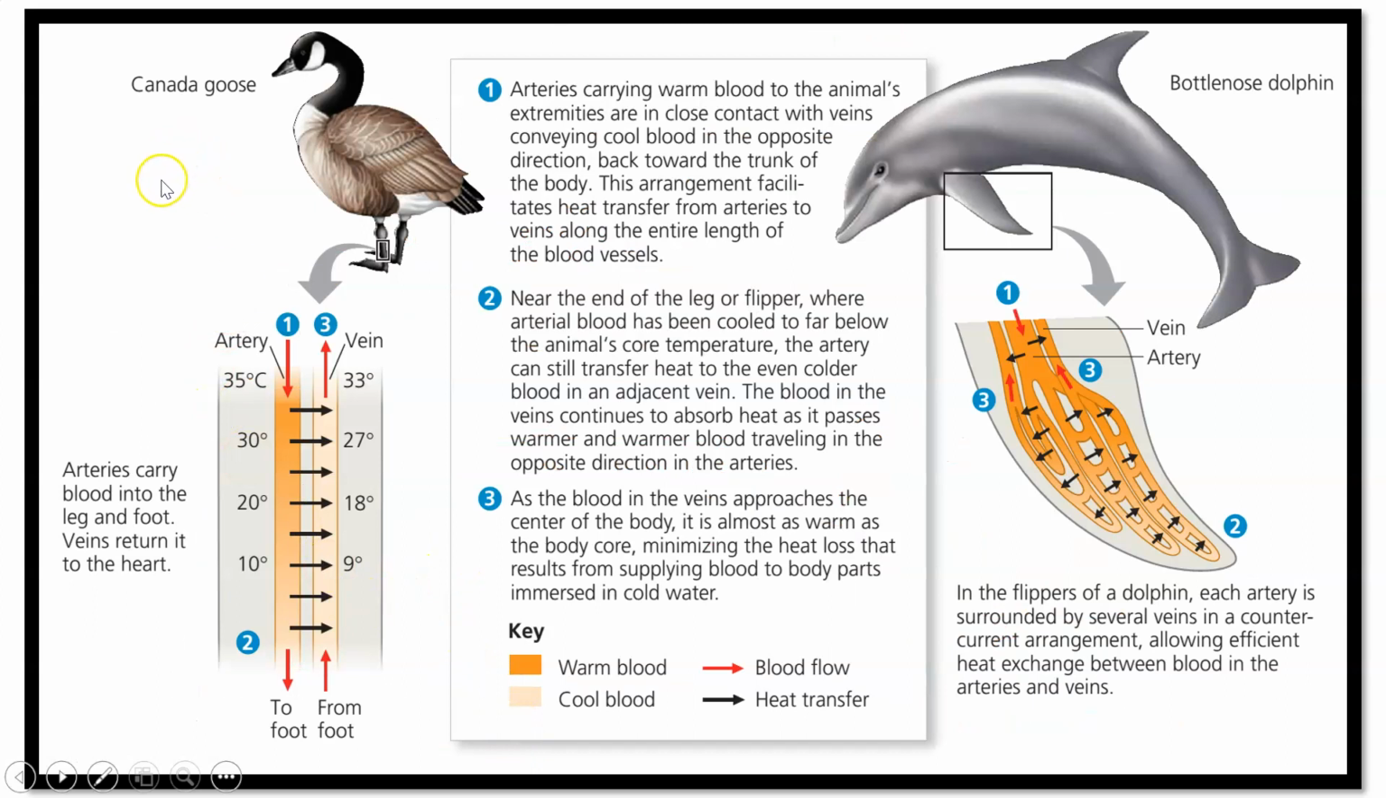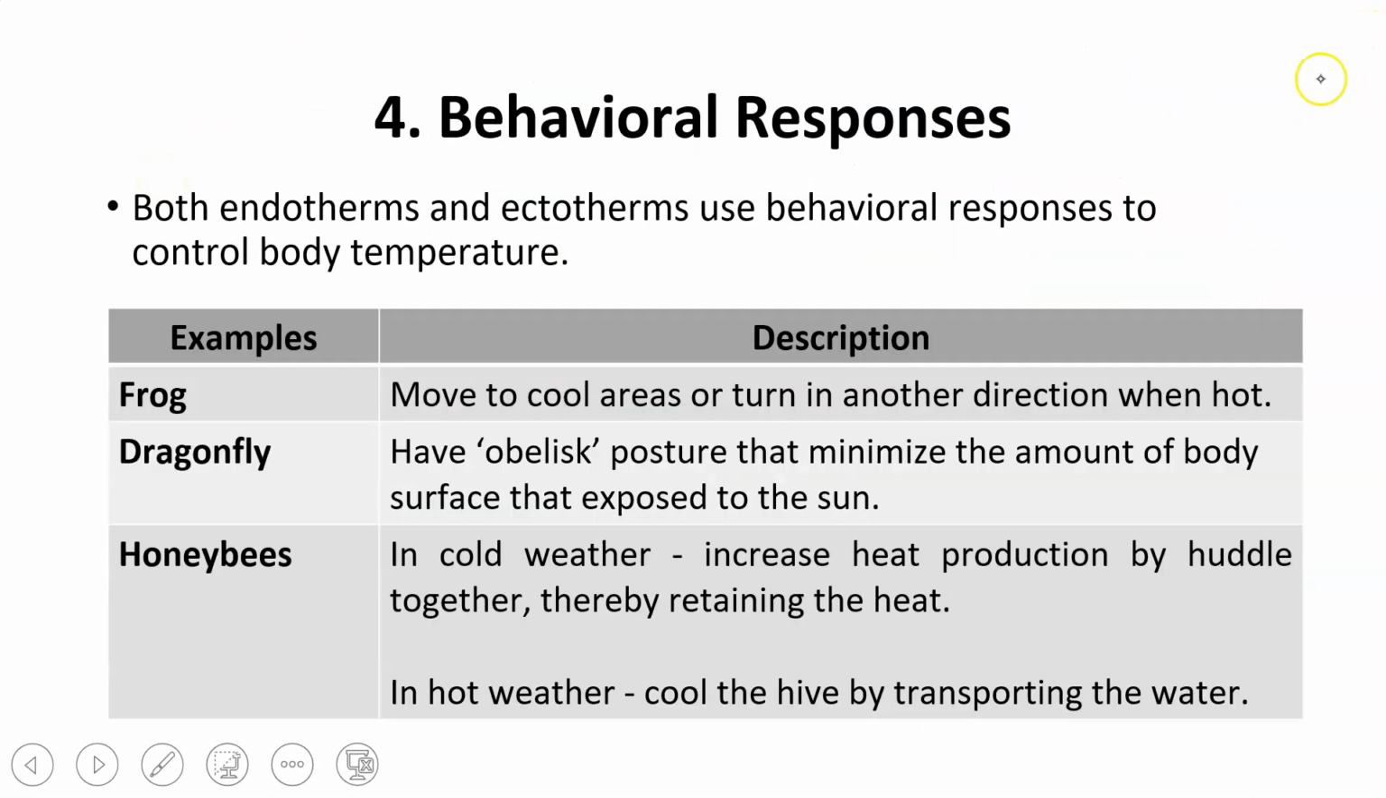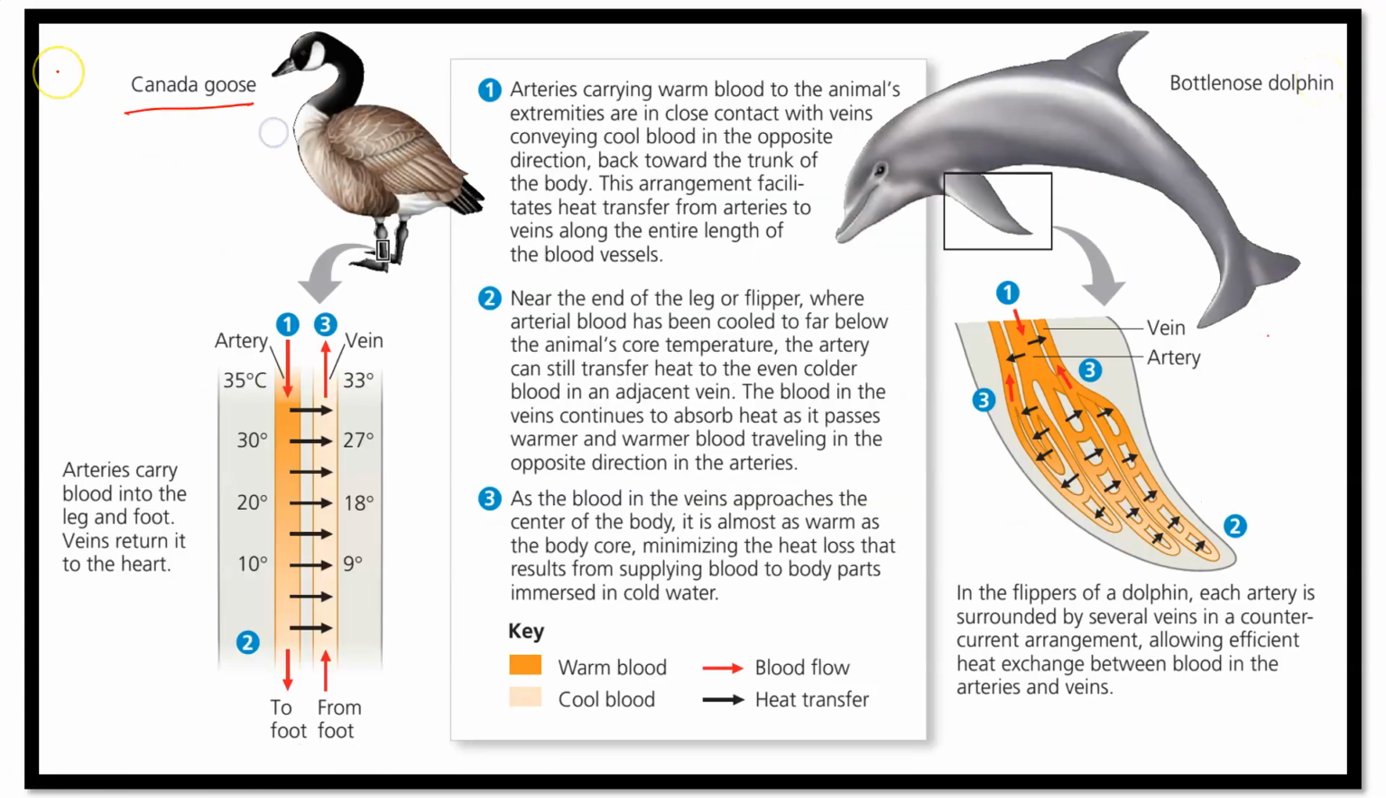So for these two animals, for example, the Canada goose and this dolphin, they live in cold areas, places with winter, for example. So they need to retain body heat in the body core. If you look at this diagram here, you have the artery, you have the vein. So this is from the body core, inside the body, inside the heart. So blood from the heart comes out through the artery, bringing along